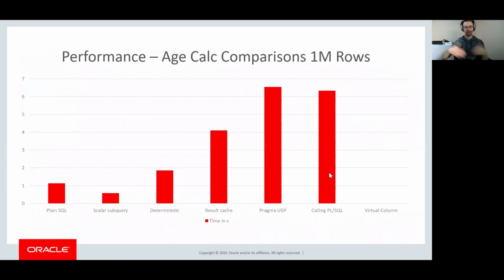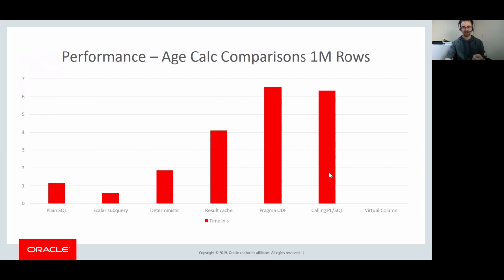Okay, we've got 7 billion people in the world now. There's a lot of different names out there, but there's still only a fixed number of different birth dates available for them. So still a large number, but it is a smaller number, at least a couple of orders of magnitude smaller. So we are getting more benefit from the result cache here because we have those startup